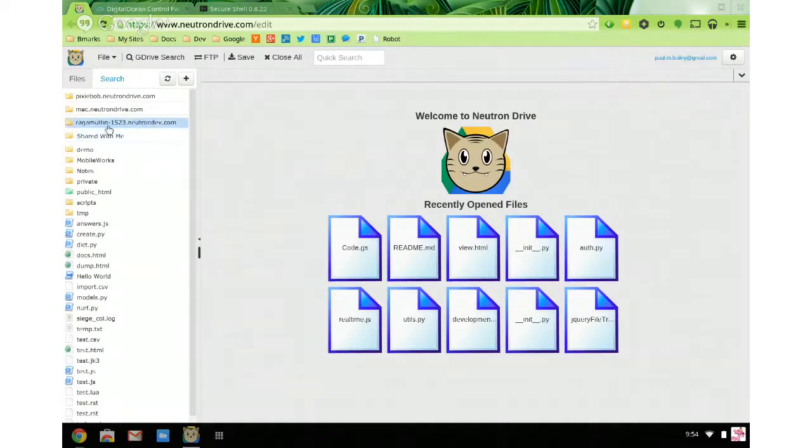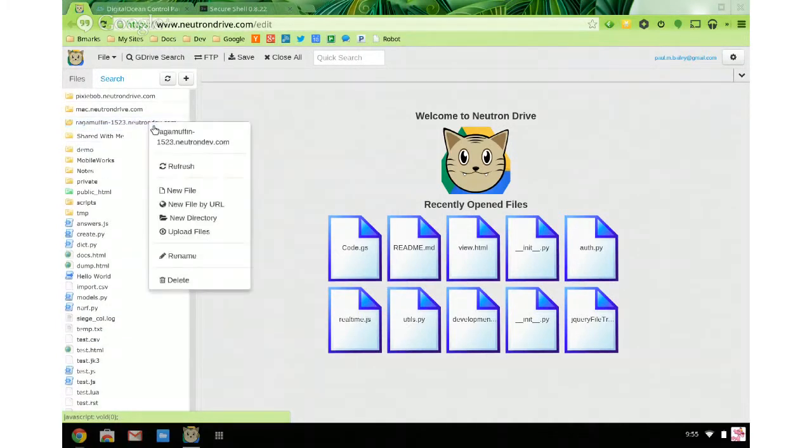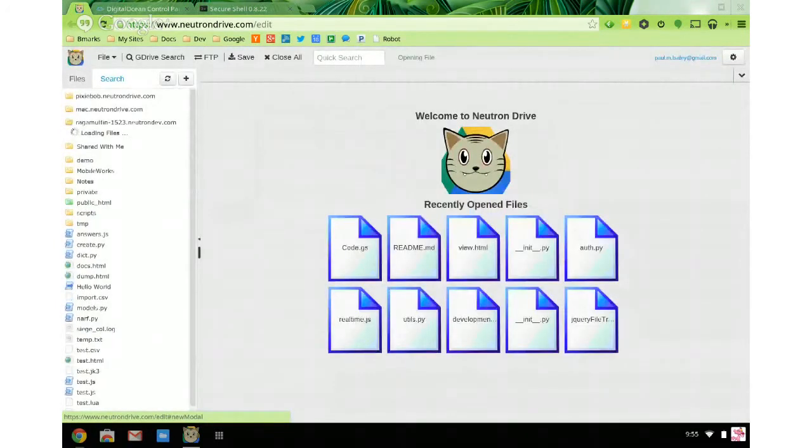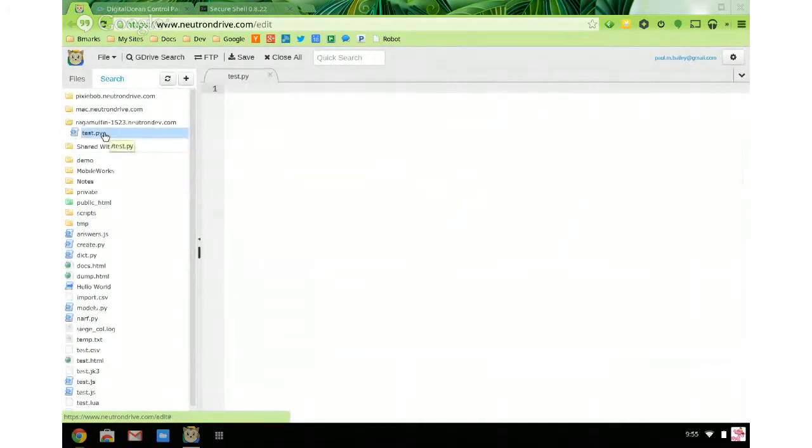Alright, so there we go. There's our virtual machine, and you'll see that it creates a name for you automatically and maps a name for you. So we can go ahead and click on this. We don't have any code. Let's just create a test file here. Now let's say we programmed something in this file and we actually want to run it now. Alright, so we're at ragamuffin-1523. So now we can go ahead and